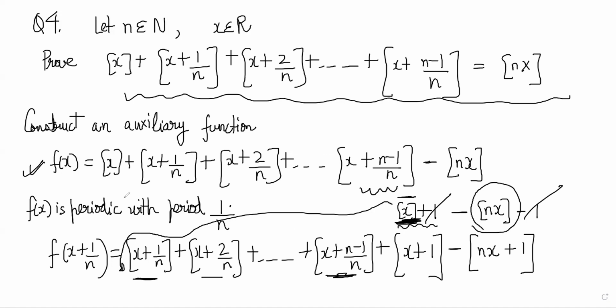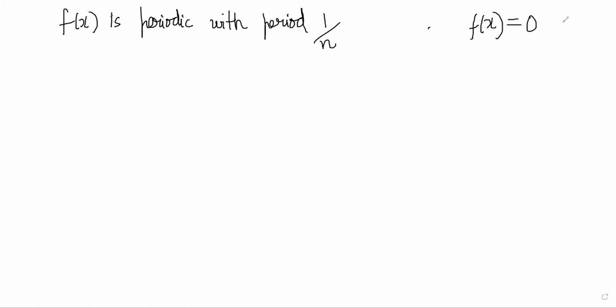So actually, you can check it yourself. It is immediately obvious that f(x + 1/n) is equal to f(x), right? So we have shown that f(x) is periodic with period 1/n. Now, if I want to show that f(x) is 0 for all real x,